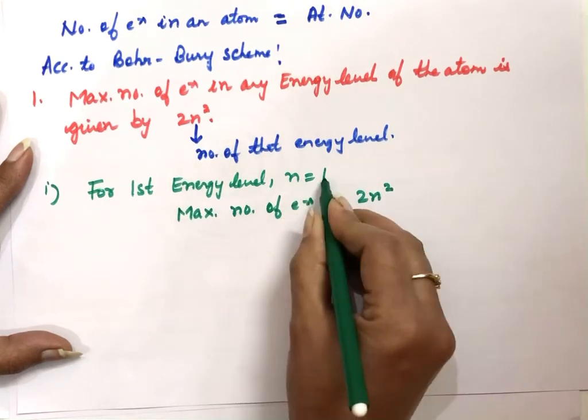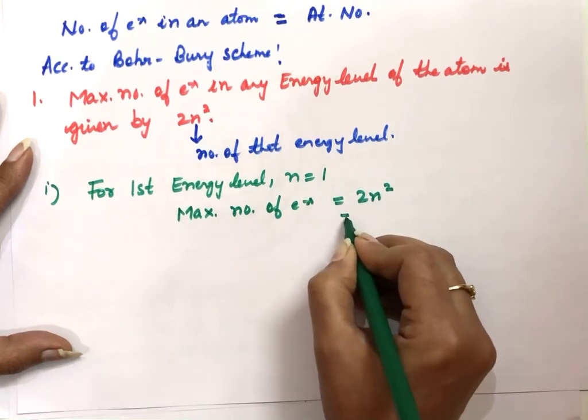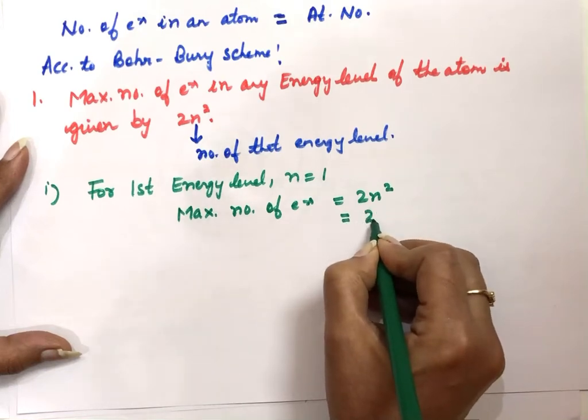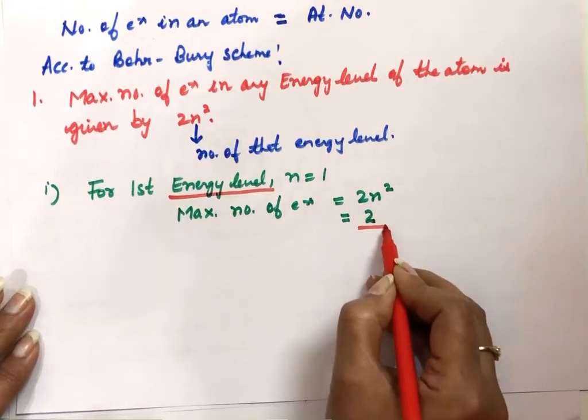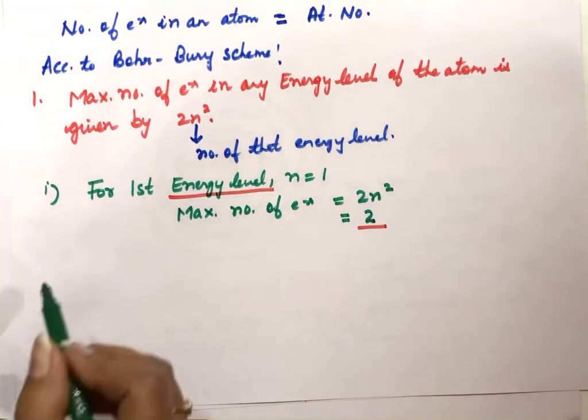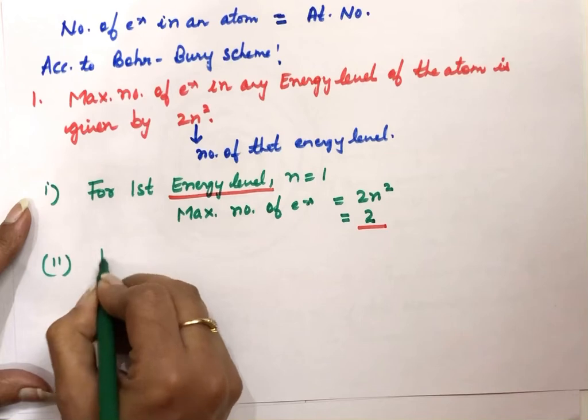We fill the n value as 1 here. Filling n as 1, this will come out to be equal to 2. That means the first energy level can have a maximum of how many electrons? 2 electrons in it. Next, for the second energy level,